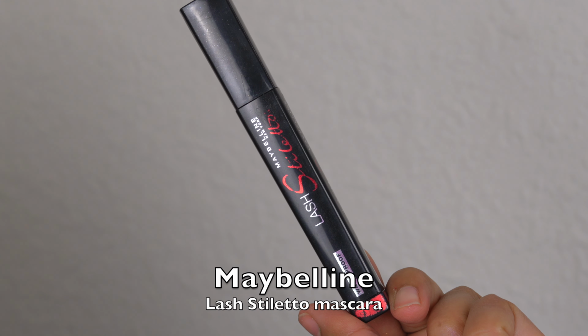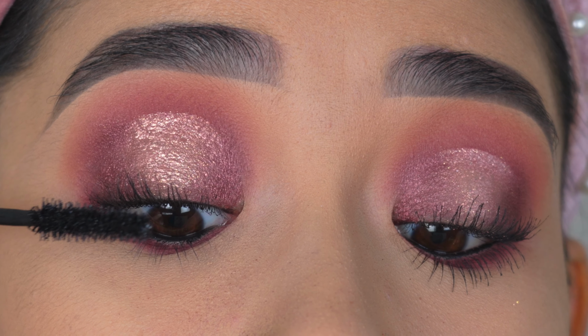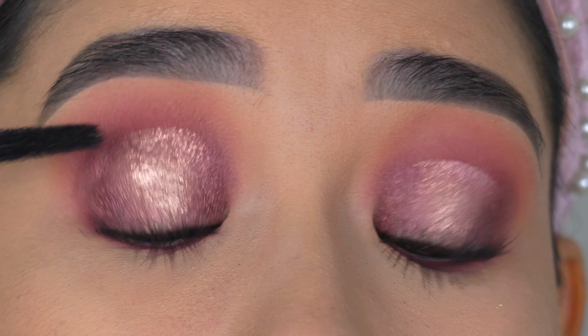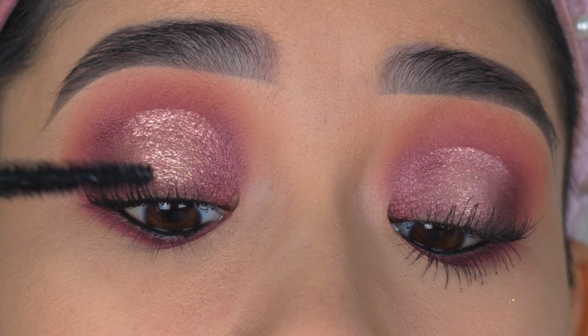Like I said, I don't want to apply fake eyelashes, so I already curled my lashes, and I will be applying the Maybelline Lash Stiletto mascara. I'm going to apply 2 layers, and I don't want fake eyelashes because I don't want this look to be too dramatic, and especially because I wanted this tutorial to be for beginners, and I know that most beginners don't like to apply fake eyelashes. So I wanted to show you this really cute, dark, and dramatic eye look without fake eyelashes, and it looks